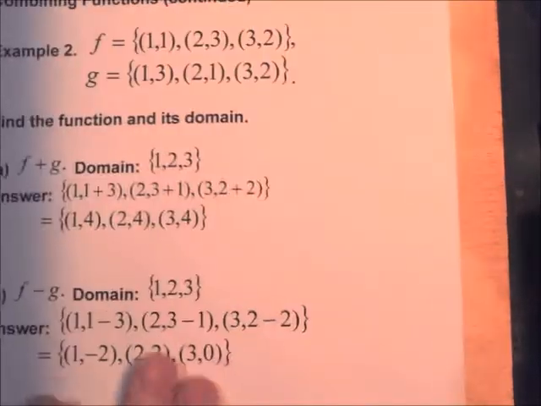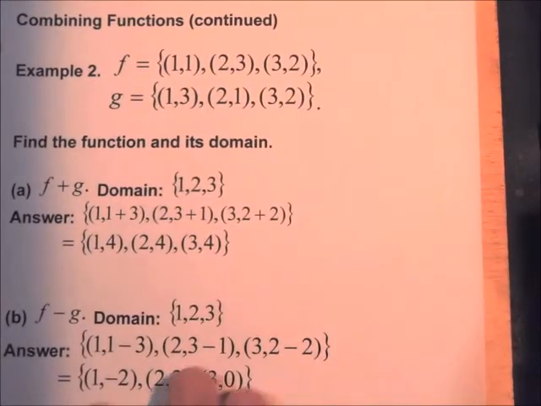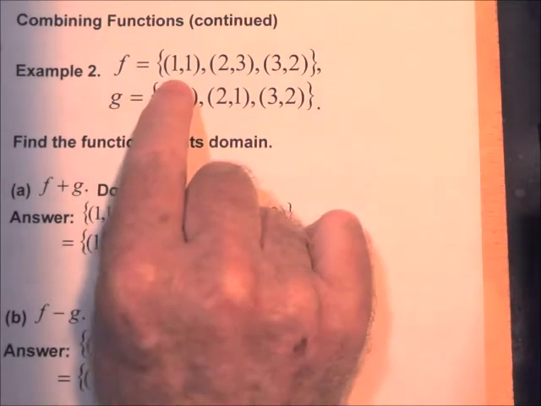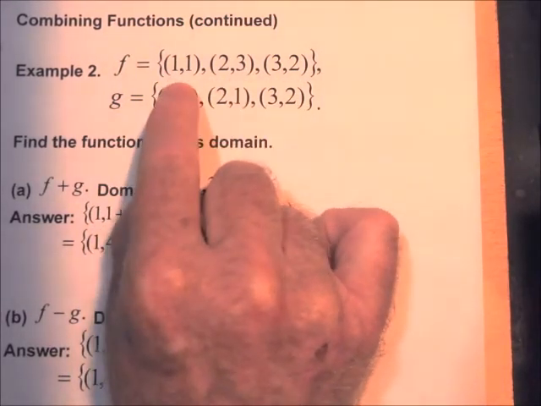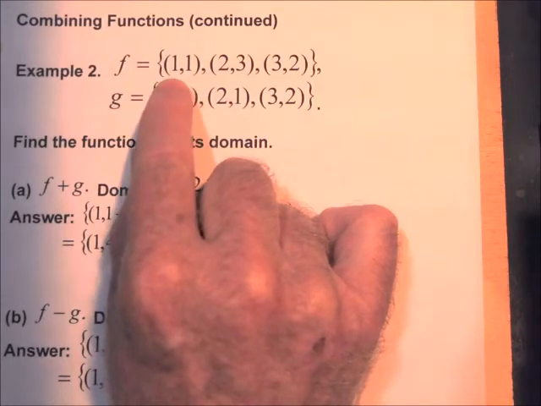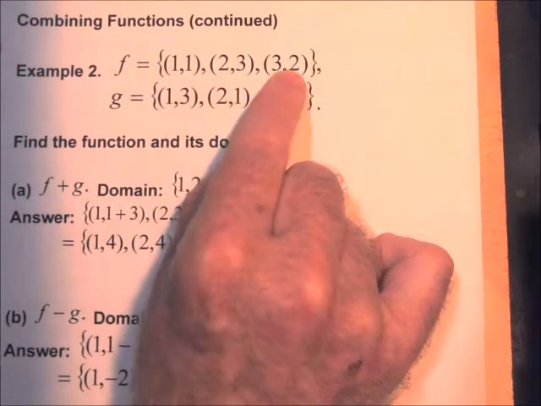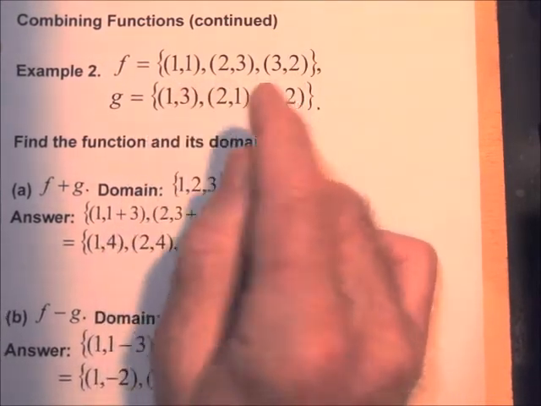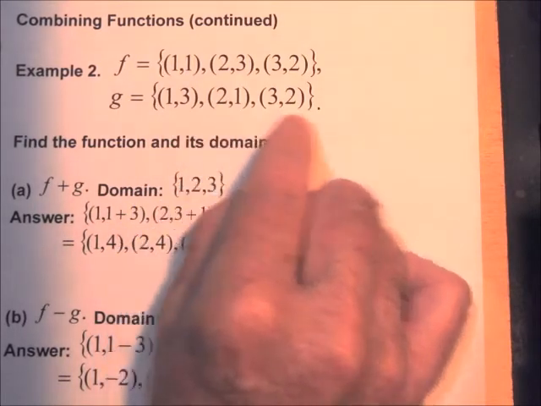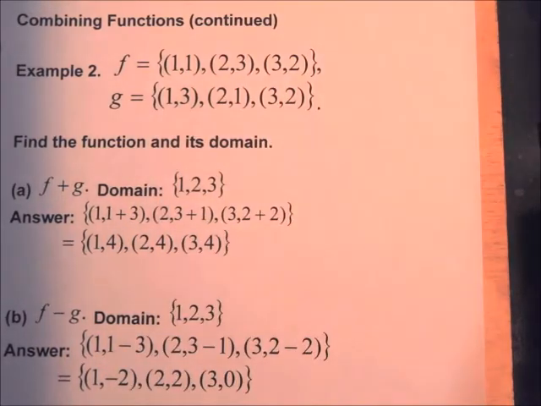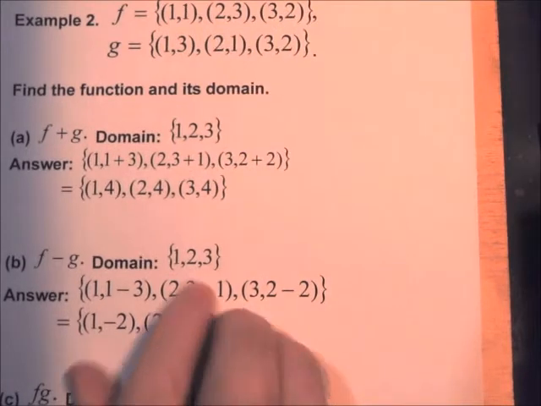Okay, well here we have discrete functions. We have f, which has just these three ordered pairs: (1, 1), (2, 3), (3, 2). G is (1, 3), (2, 1), (3, 2). And if we want to find f plus g,